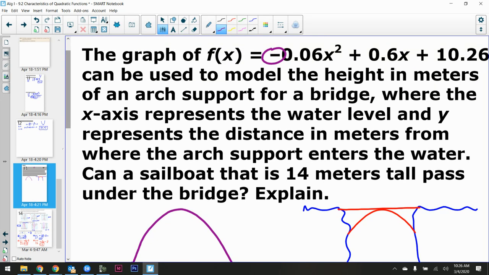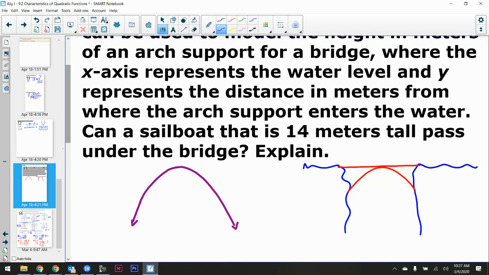Now, I want to know where the arch support enters the water. So this must be water down here. Water. Here's a couple fishies. Right, there's water. The distance in meters where the arch support enters the water. Can a sailboat that is 14 meters tall